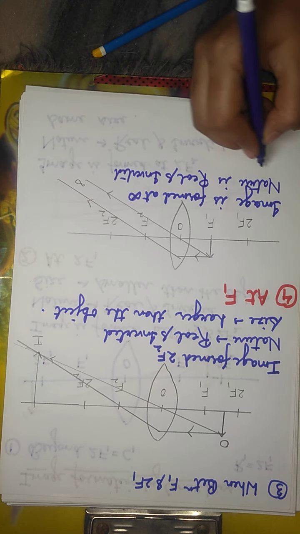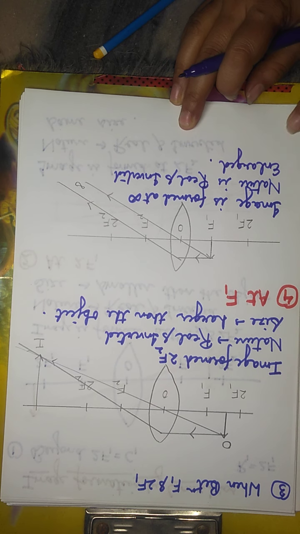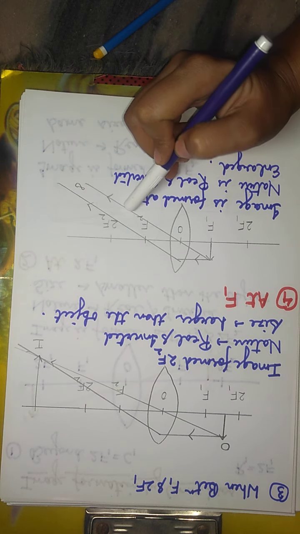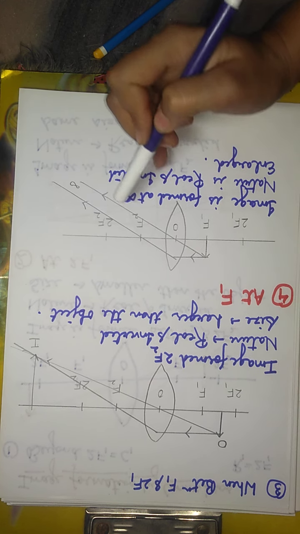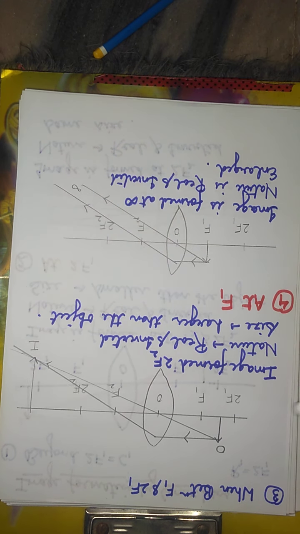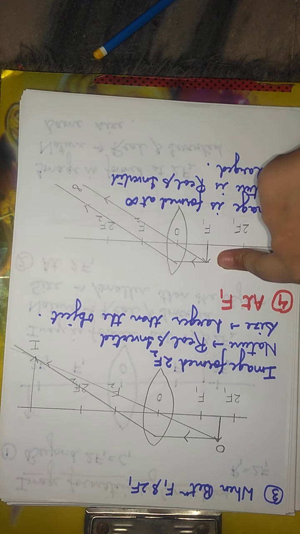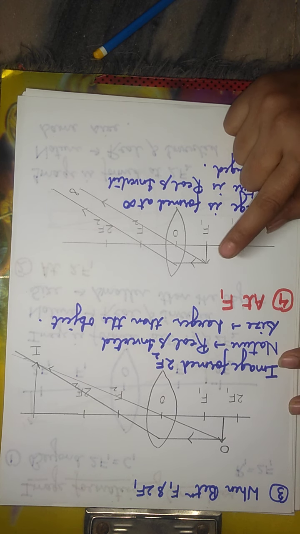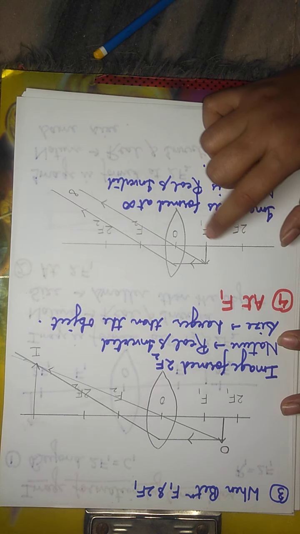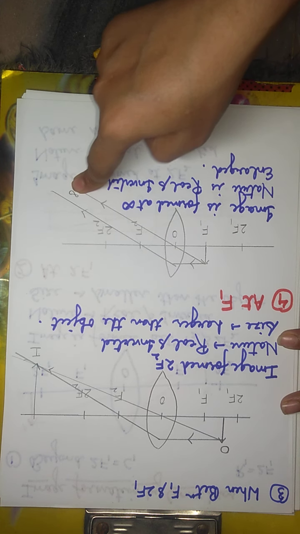And what about the size? The size is enlarged. An enlarged image is formed. And one more proof of this is the case when we place the object at infinity. This is the opposite of that case. At that time the image is formed at focus. Clear? So similarly, when we place the object at focus, the image is formed at infinity.